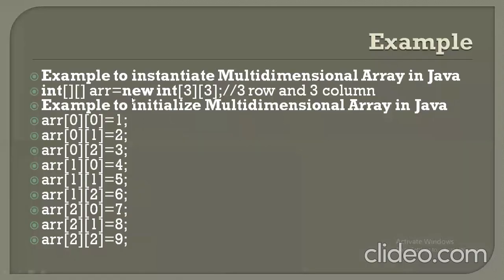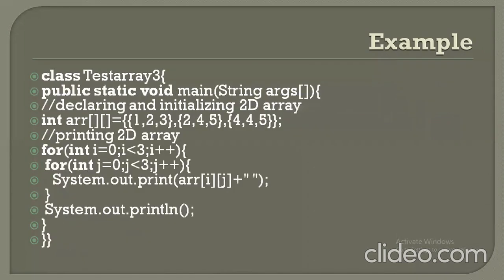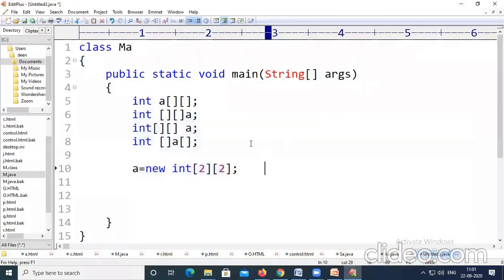So this is how we can initialize. This is how we can create a multidimensional array: int ARR equal to new int of 3 3, which means the 9 values can be accommodated here. Those 9 values can be accommodated as 0 0, 0 1, 0 2, 1 0, 1 1, 1 2, 2 0, 2 1, 2 2. So the maximum index is 2 comma 2 and the minimum index is 0 comma 0. So we can accommodate the values at particular indices. Okay, let us see in the programming window so that it will be very clear for you.